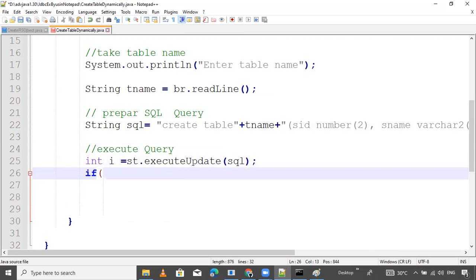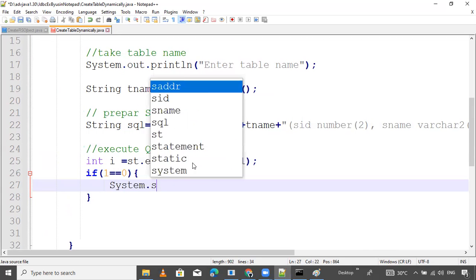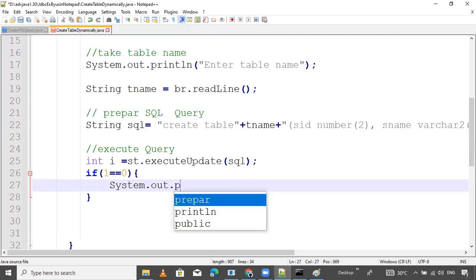If i equals 0, then it means, I don't know. Just print it. It depends on the database, but it returns 0 or 1. Let's check it.